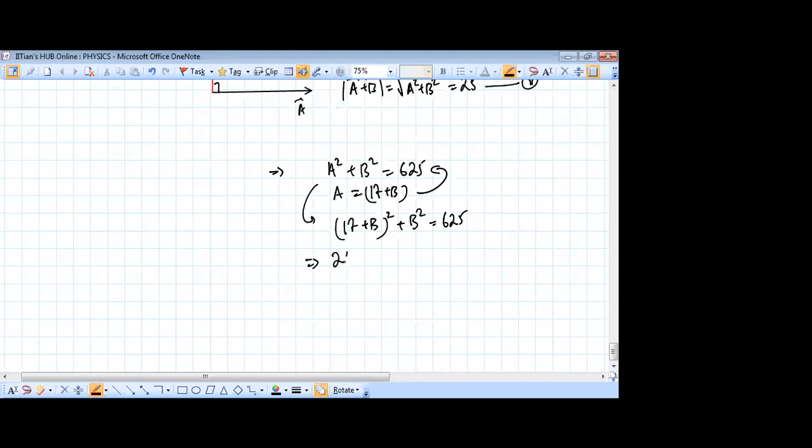So we get this equation: 2b square plus 34b plus 17 square, which is... how much is 17 square now? 289, right? Is 625. So this equation will become 2b square plus 34b minus of